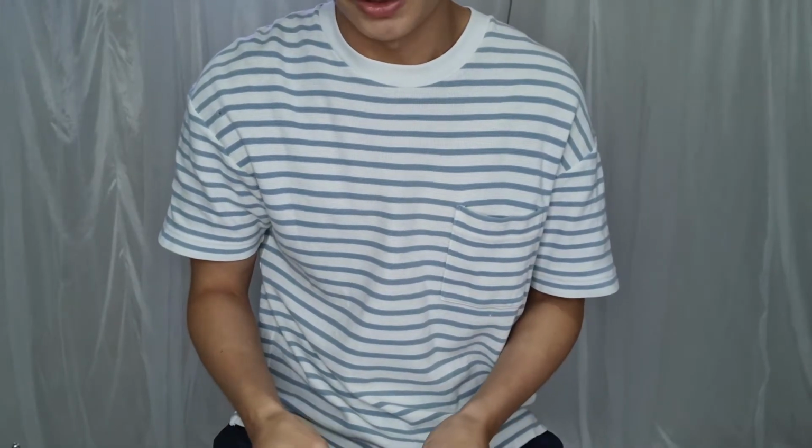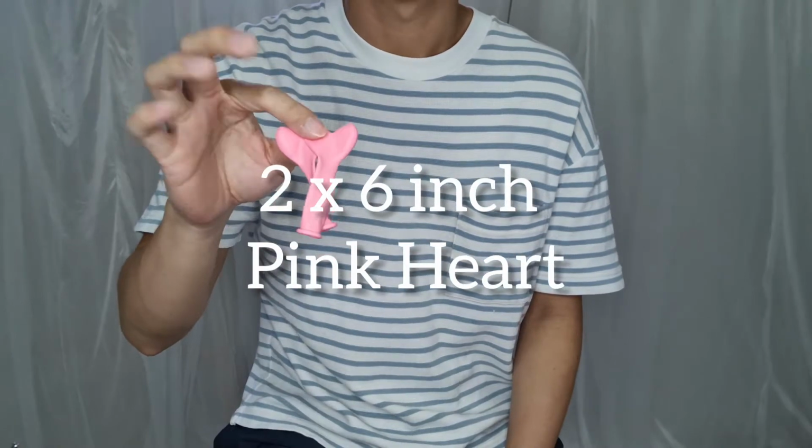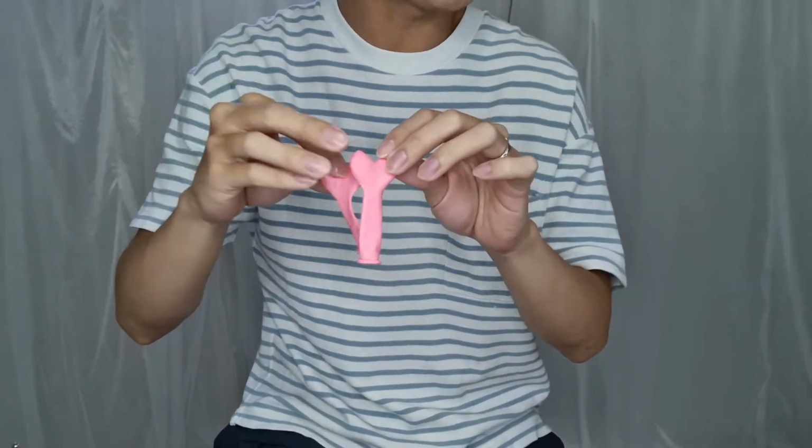So today we'll be learning a balloon butterfly. It looks like this. Alright, so are you ready? Let's get into it. The balloons we need for the balloon butterfly are two 6-inch pink hearts,